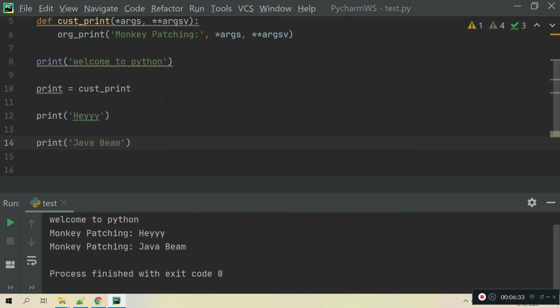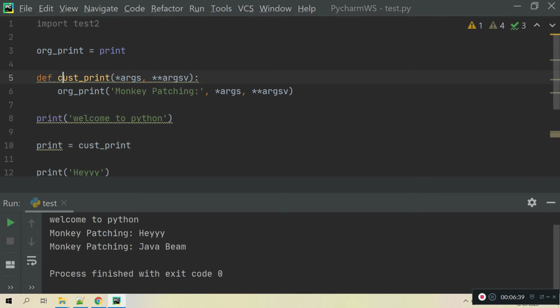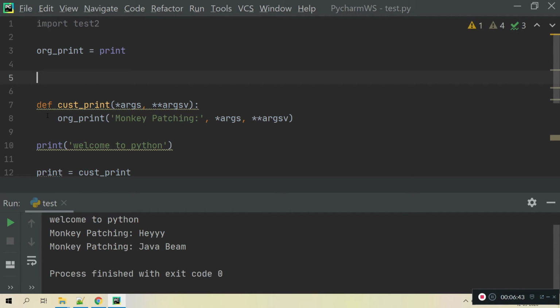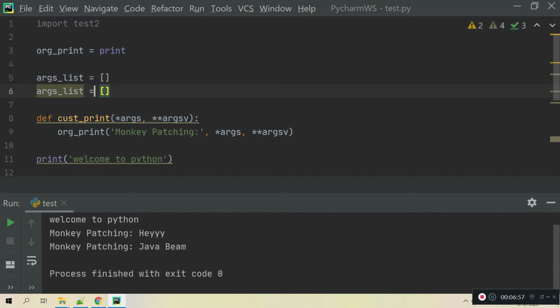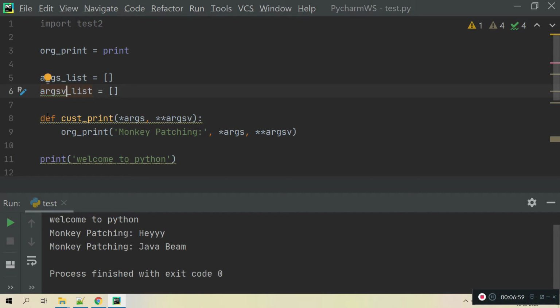So the advantage is, now when I call the print method, I can perform some additional operations. Let's say I want to store all the data which is passed to the print method. I'm taking one args list for the arguments passed, and the variable args which are passed.